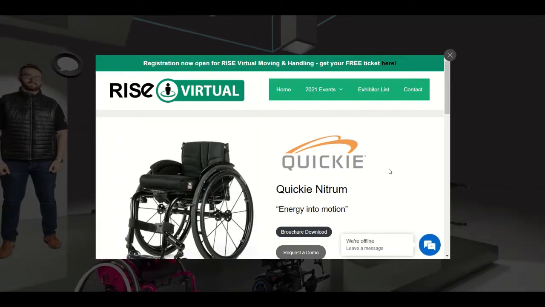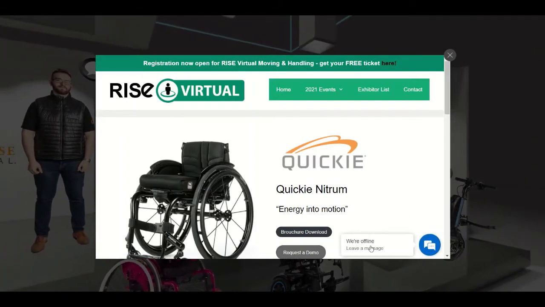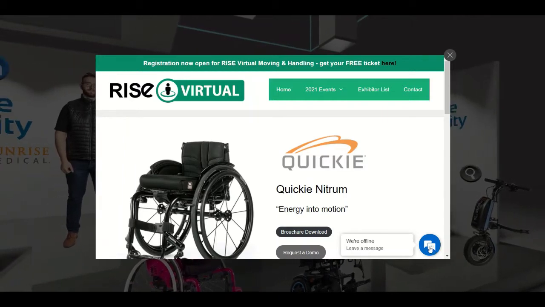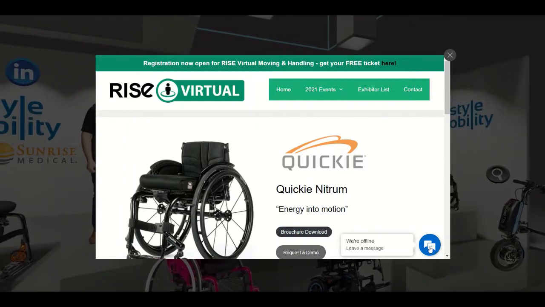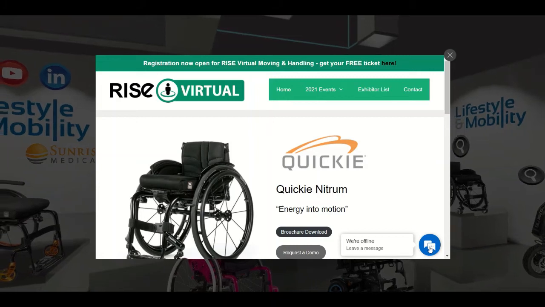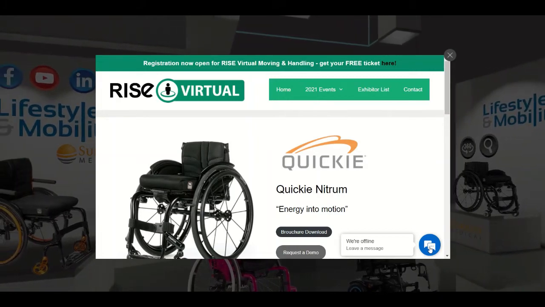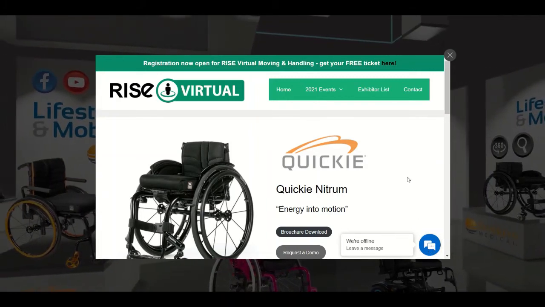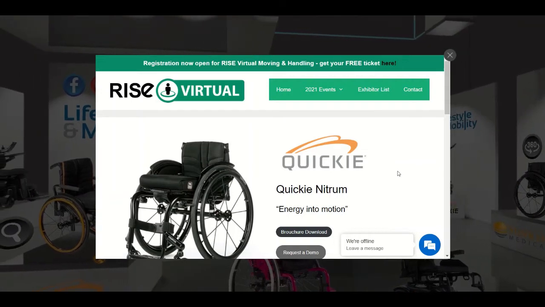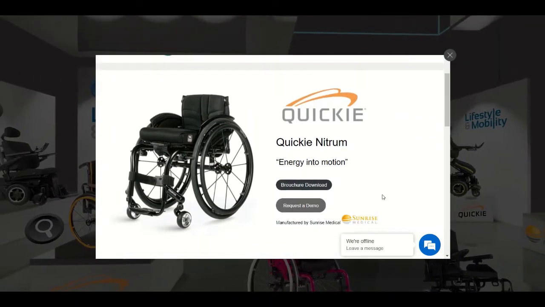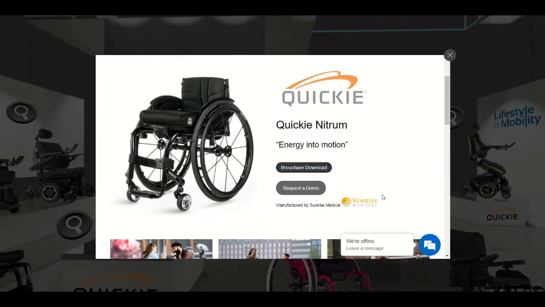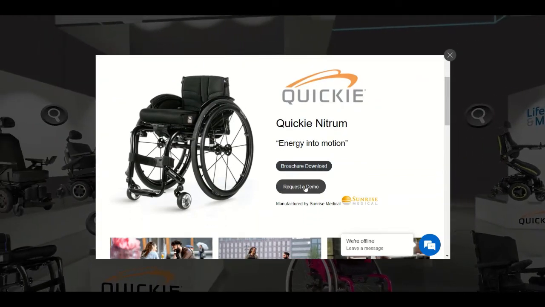okay, so it's now loaded the page. As you can see in the bottom right, there is an option here to be able to live chat, which can be linked to whatever live chat software that you choose to use, and your sales team can interact with somebody. There is a little bit more about that, which I'll get onto. So this gives us a large product image overview. I can download a brochure, I can request a demo,